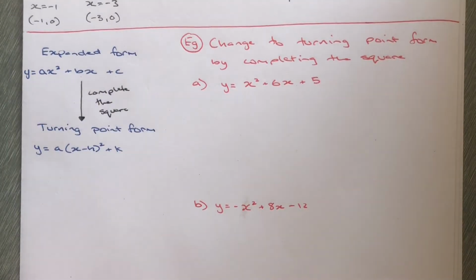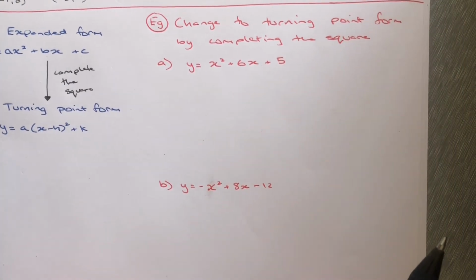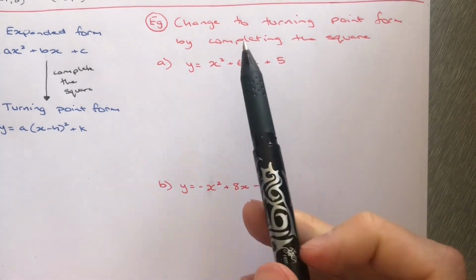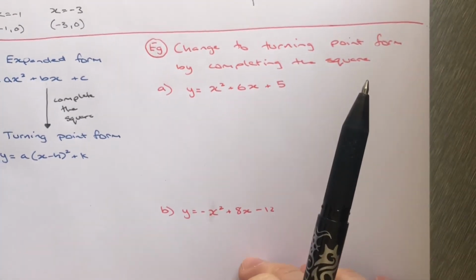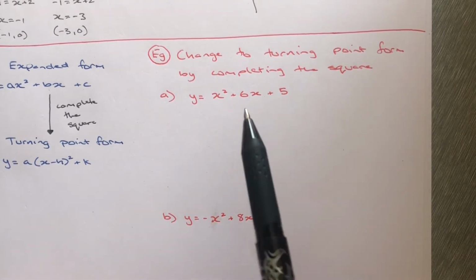Okay, now we're going to have a little bit of practice of that. We're going to do two just here. All right, so we've been asked to change to turning point form by completing the square. All right, now with this first one here, A,